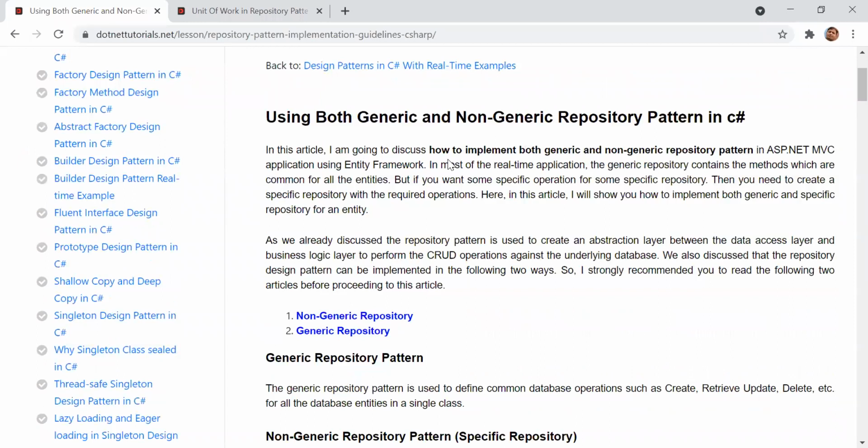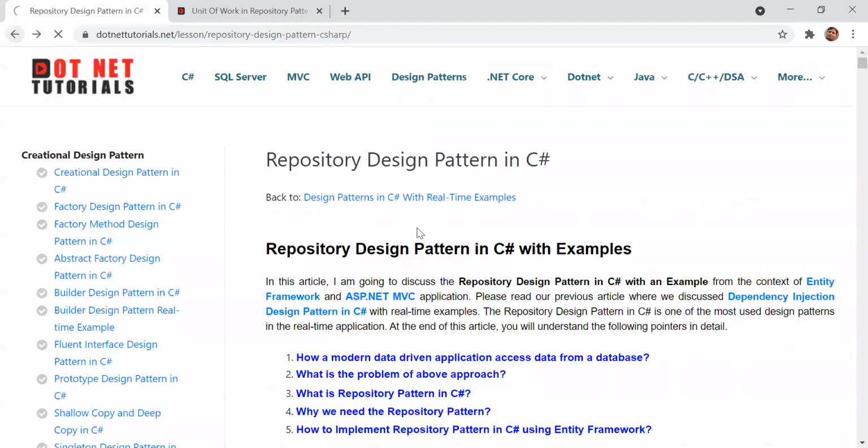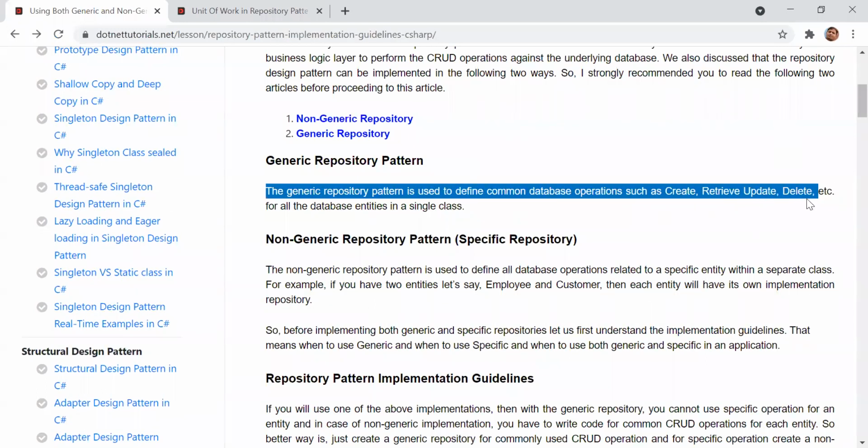T type means whatever value, whatever record you will pass as a class, and you can put a restriction that it will take only classes. That will be the generic one.